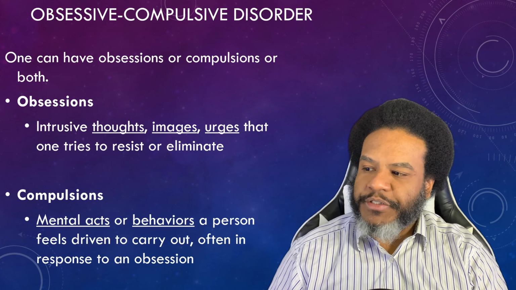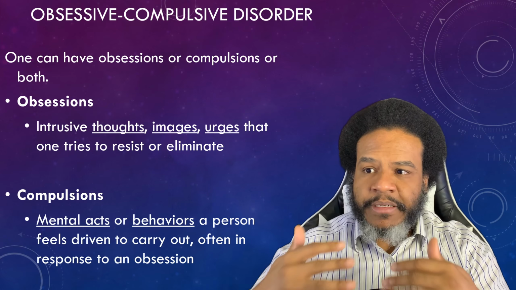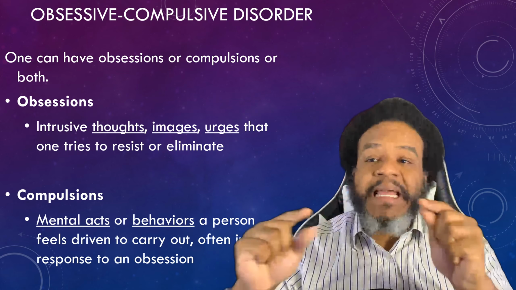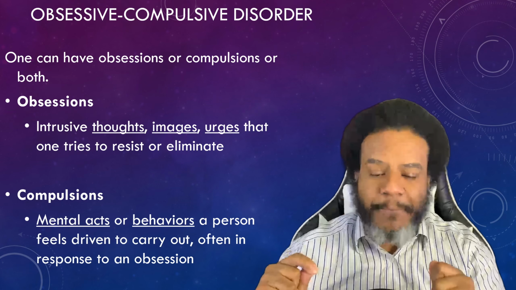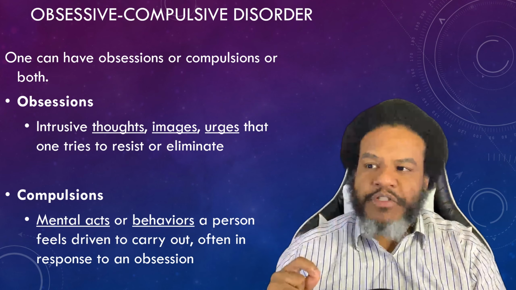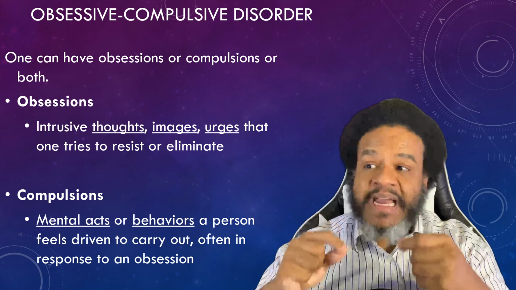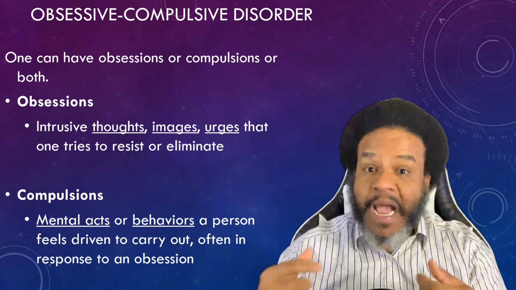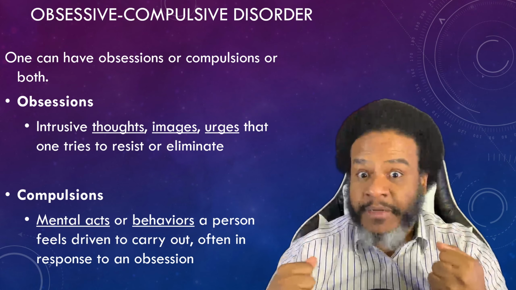Then we have compulsions, and these compulsions are repetitive behaviors, hand washing, ordering, checking, or mental acts, praying, counting, repeating words silently, that an individual feels driven to perform in response to an obsession or according to rules that must be applied rigidly. So most individuals with OCD do recognize that their obsessions and compulsions are irrational, and they actually try to avoid doing them. However, they are unable to, or cause intense distress and impairment when they attempt to do this.